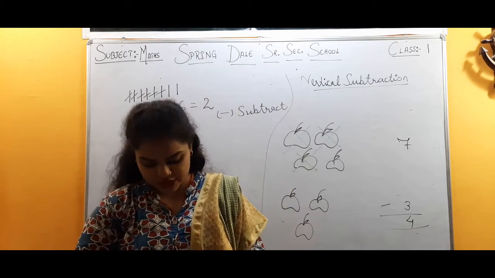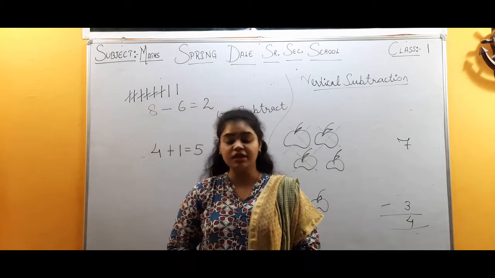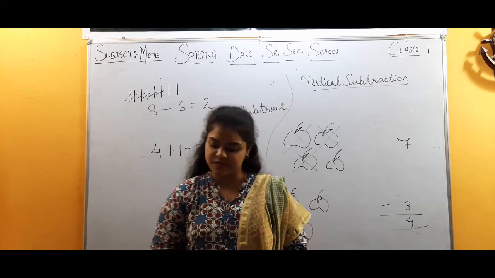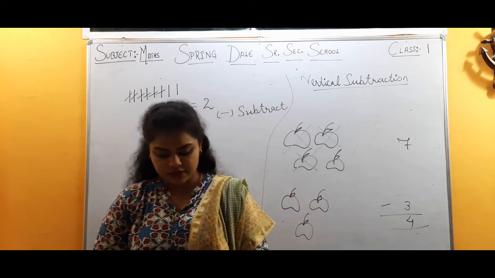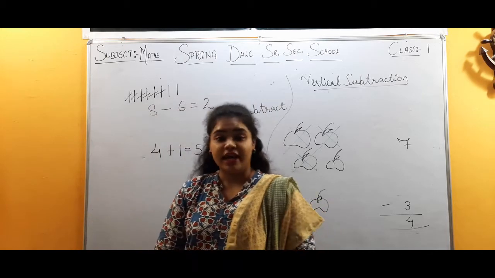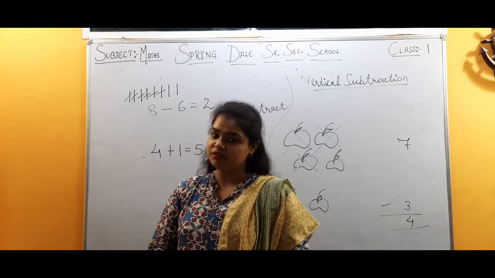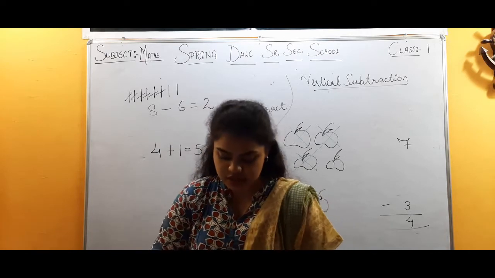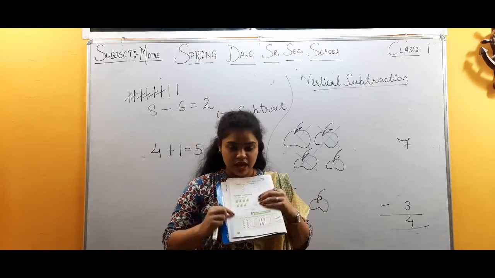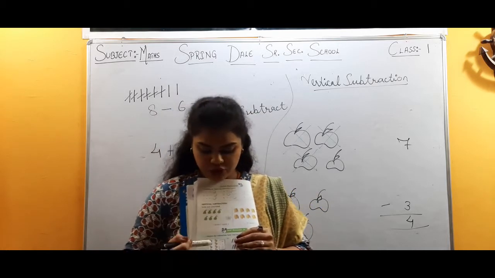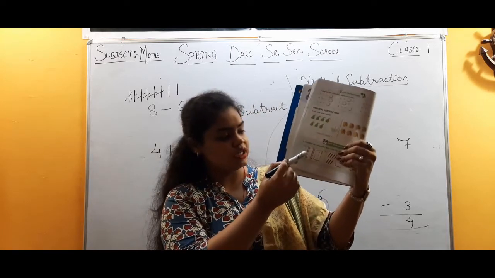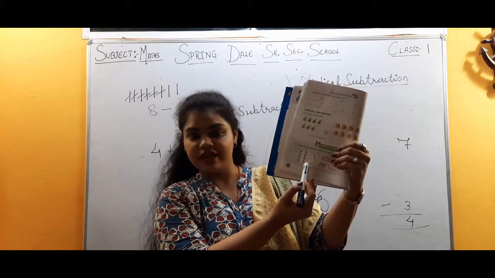Now we will see the questions on the same page, page number 30. Complete the subtraction facts. One has been done for you. In the first one, the birds are given to us. In total, we have 8 birds. And how many we have to cut? We have to cut the 6 birds. So, look in your textbook. Here are the birds given to us. And now, what we have to do? They are total 8 birds. Look, 1, 2, 3, 4, 5, 6, 7 and 8.